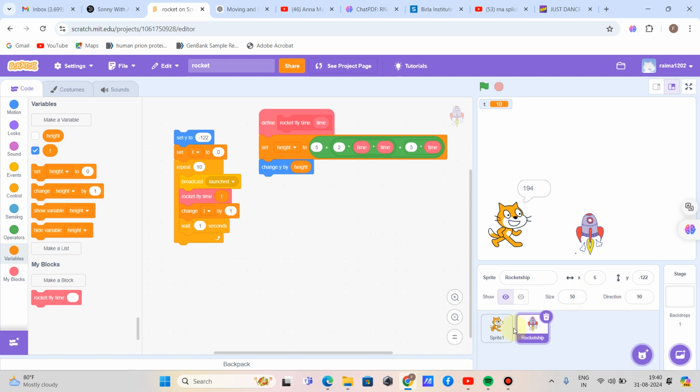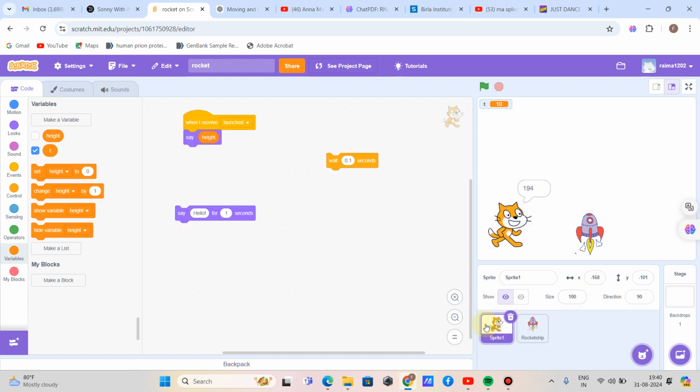Now how did I make the cat say the height and measure the height? I use the receiver block.